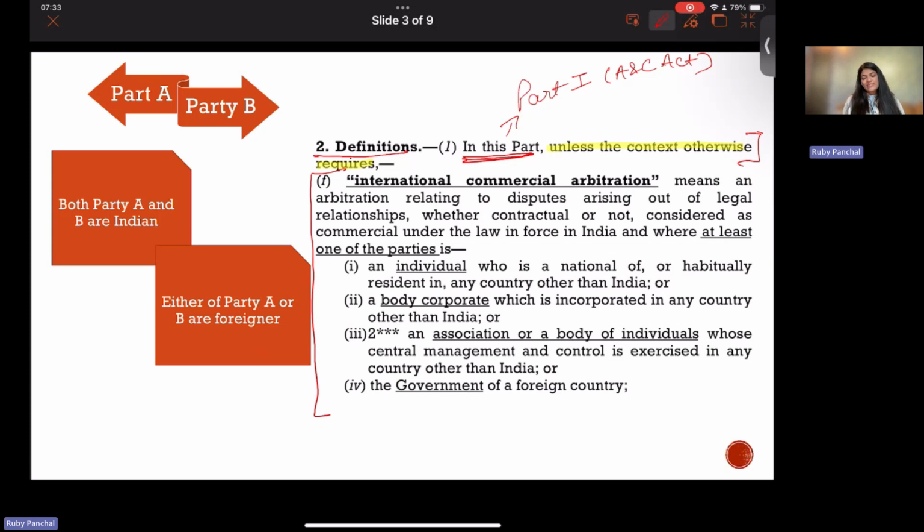All right, now let's see. So let's read it again. In this part, which is Part 1, unless the context otherwise requires, international commercial arbitration means an arbitration relating to disputes arising out of legal relationships, whether contractual or not, considered as commercial under the law in force in India, and where at least one of the parties is